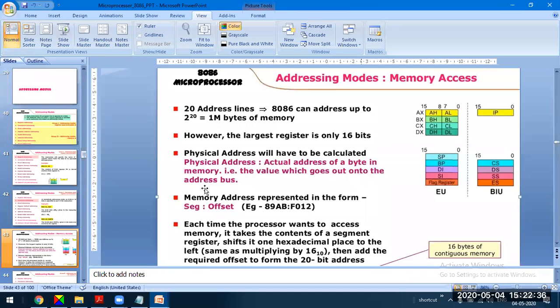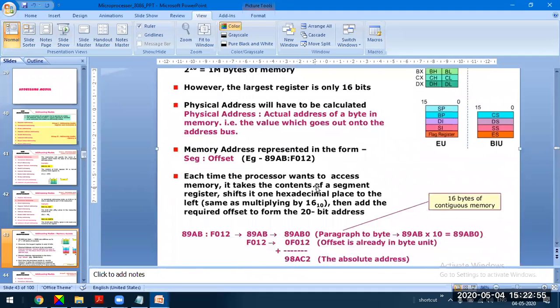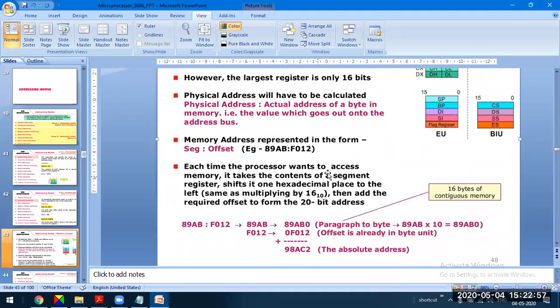For example, the segment register content is 89ABH and the offset register content is F012H. 0 is appended to the segment register, so it becomes 89AB0H. To this, F012 is added to generate a 20-bit address. Each time the processor wants to access the memory, it takes the content of the segment register and shifts it one hexadecimal place to the left, appending 0 on the right side.